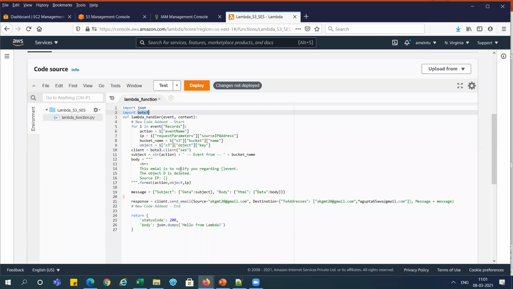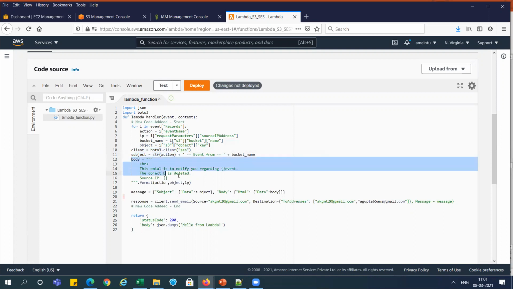Here we are getting the SES client, and we are creating the email body, like subject, body, right? After that we put everything, subject and body, in the message, and in the response we are sending email to the source.